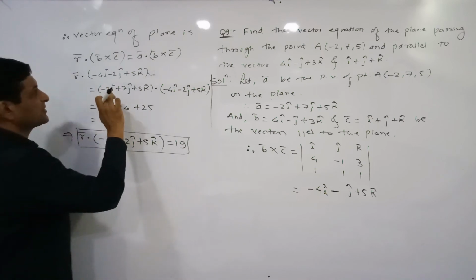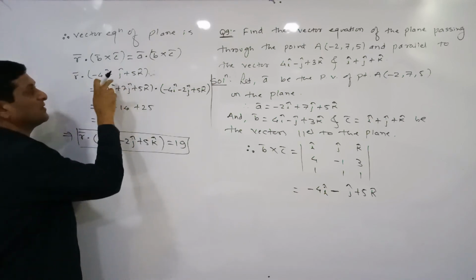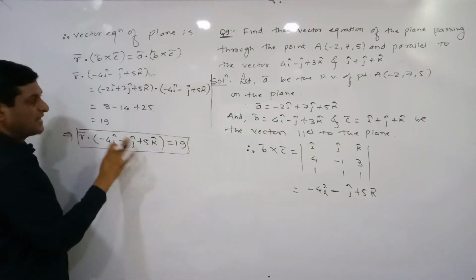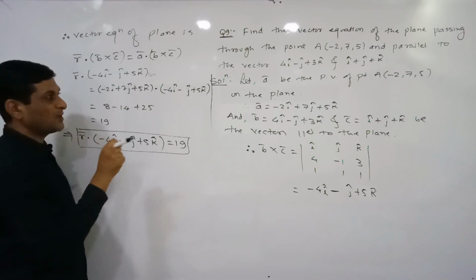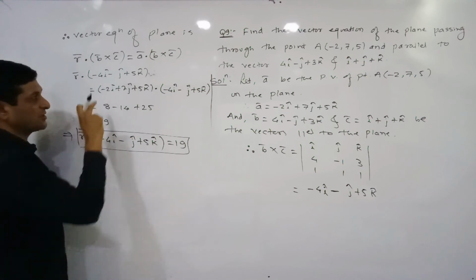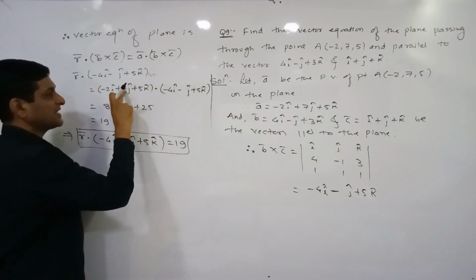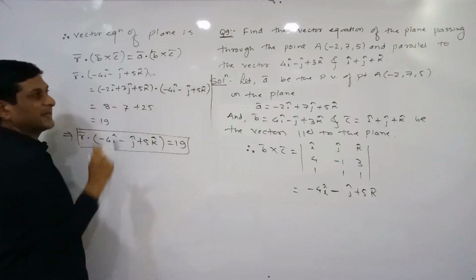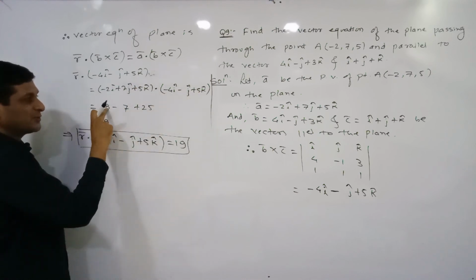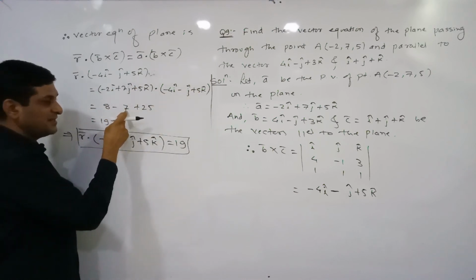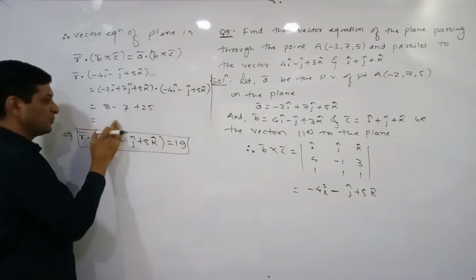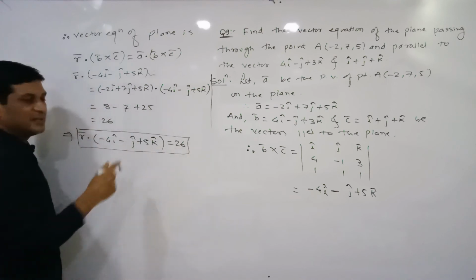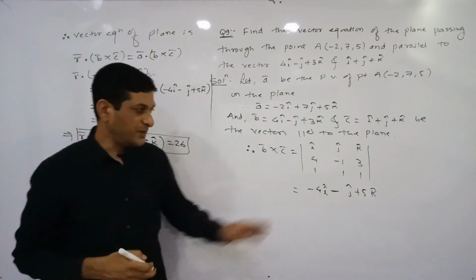So here also we have to replace the coefficient of J cap by minus 1, and here also we will get minus 1. And on this side let us make the correction in the calculation part. So this product is 8, here 7 into minus 1 will be minus 7. And 5 5s are 25. So 8 minus 7 is 1. 1 plus 25 will be equal to 26. So on this side we will get 26, and this will be the required equation of plane. Hope you have got this correction here.